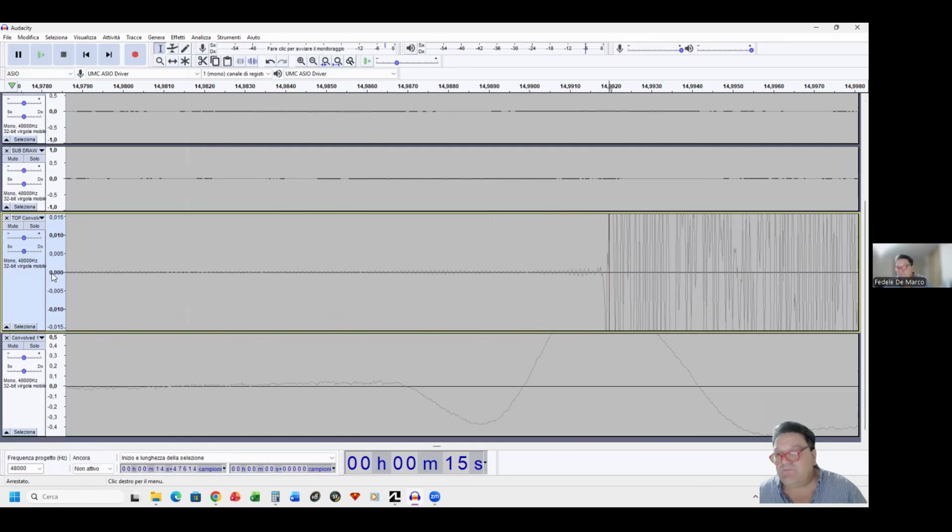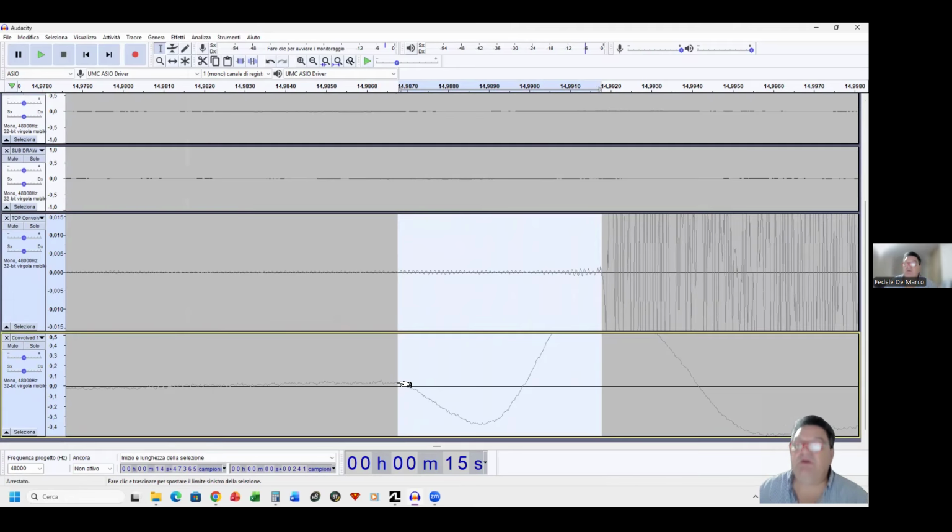Okay, this is the rising point of the linear broadband impulse response of the top, and this is the starting point, the rising point of the impulse response of the sub. Okay. Now we don't need to be extremely precise. Okay, it is sufficient to individuate just